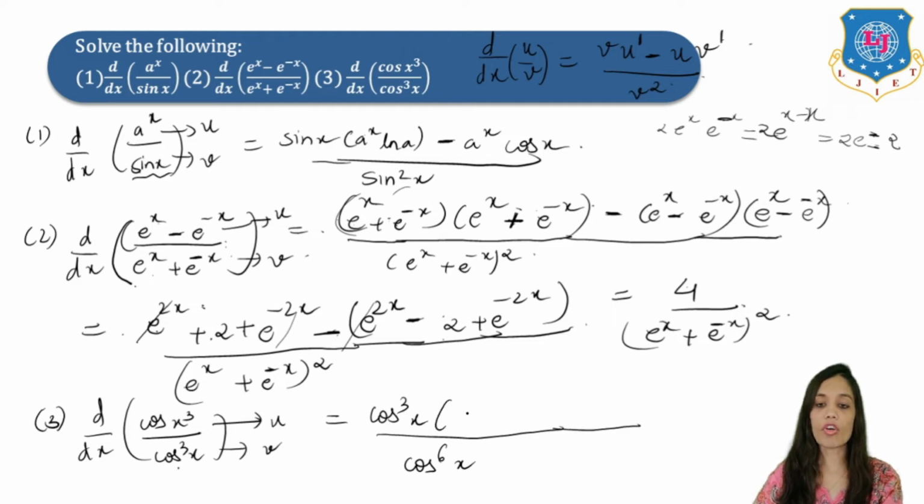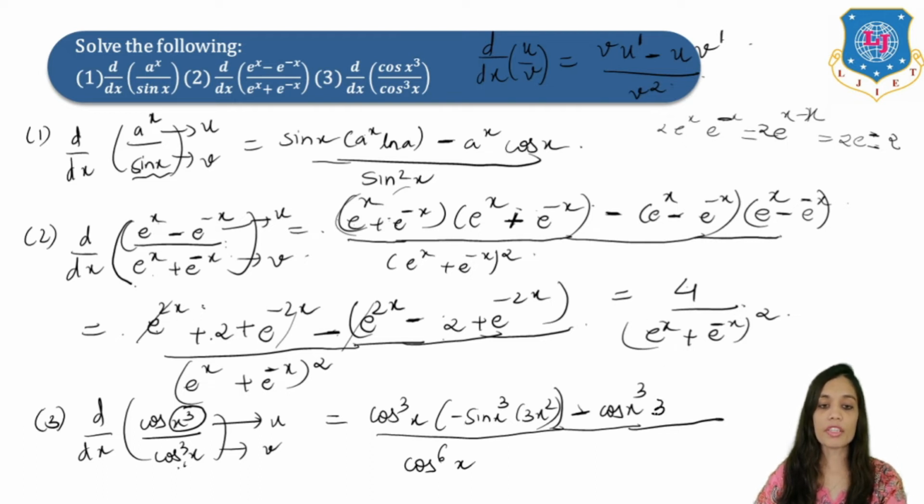And derivative of cos x is what? Minus sin x. So minus sin x cube. Now applying chain rule, derivative of x cube will be what? 3x square. Done? Now we have to put minus of the formula, that is this minus. Now keep your u as it is. So you have to keep your cos x cube as it is and do the derivative of this term.